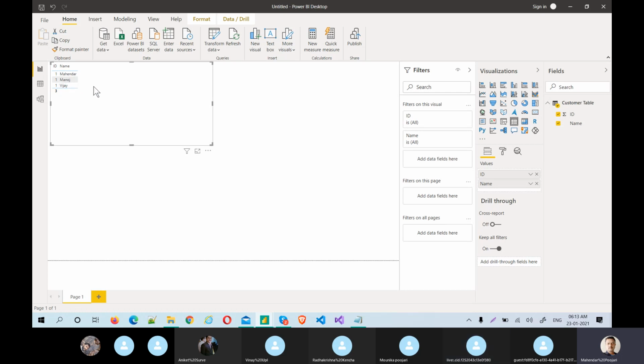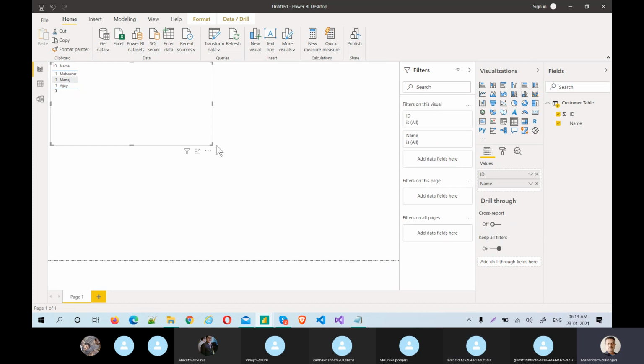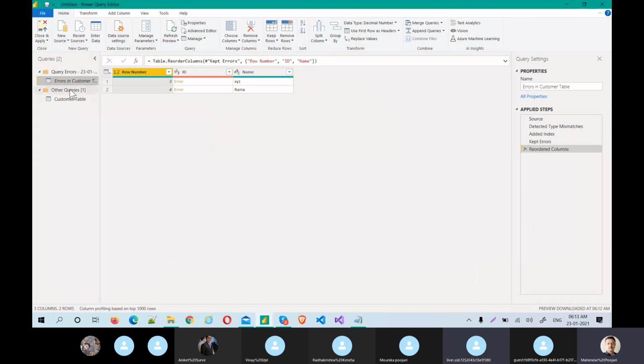Okay, bad records are not there, but I want to give that bad records also here in the Power BI report, or I need to export them to Excel or CSV file to give it back to a customer. So that is my requirement. This is not my requirement, though this is a good option, right? So what exactly can I do here? Let me go back to the query editor and click on that.